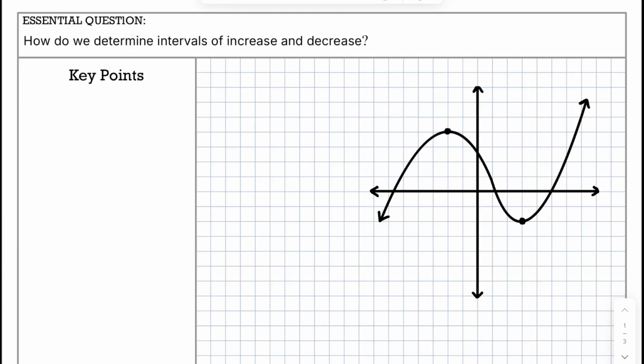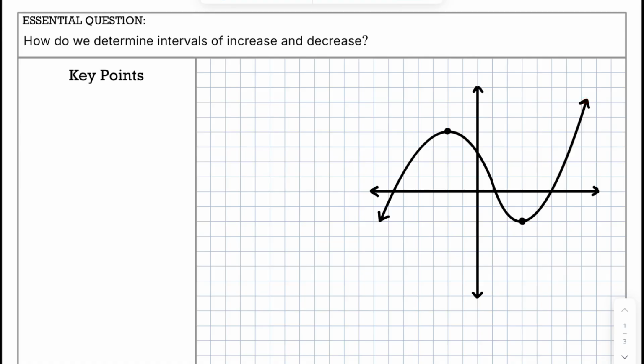This is another topic that always confuses students at first. And we're going to look at how do we determine intervals of increase and decrease on a graph. So here we've got a graph. It's going down on the left, it's going up on the right. We see that it hits a high point here, curves down, goes to a low point, curves back up, and